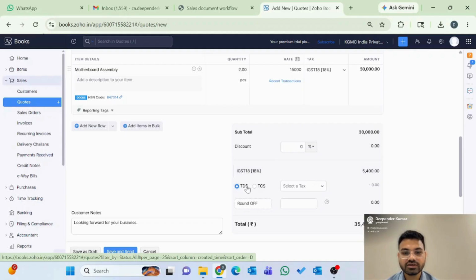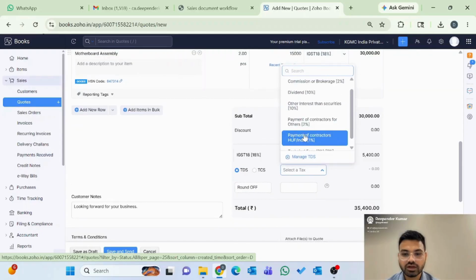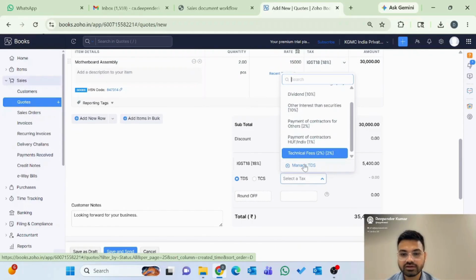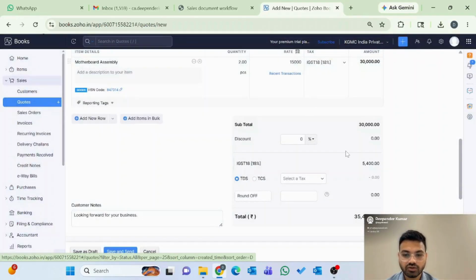If TDS or TCS is applicable on it, you can select TDS and TCS. And here we have all the TDS rates and options applicable. We can select. If we don't have any rate, here we can also create a new TDS rate from here, and you will be able to create it. Once this is done,